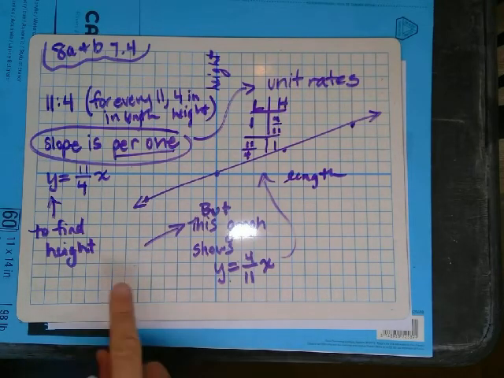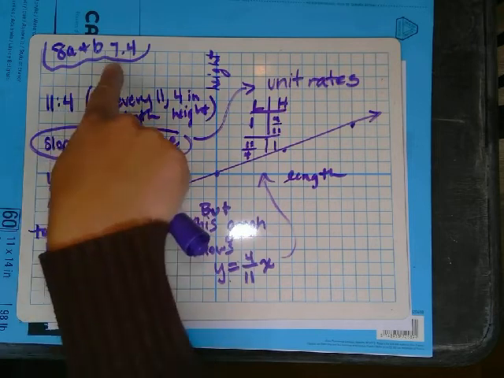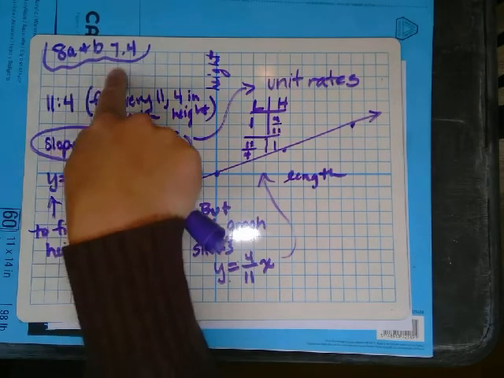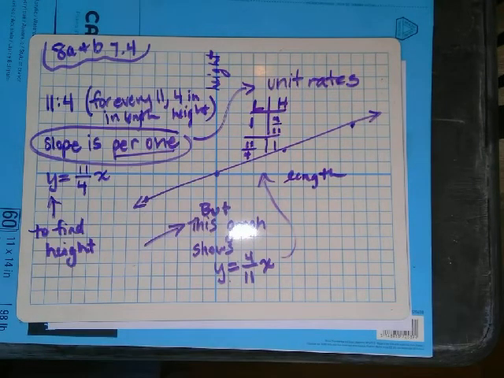I'm going to make a quick little video about 8A and B on 7.4. This was a question to go over, so let's talk about it. I think what I'll do is I'll read the problem and then I'll show you what I am doing right here. Okay, so first of all, it's the slope section and it says to consider ramps whose length and height